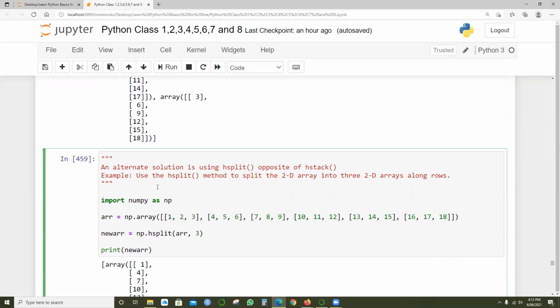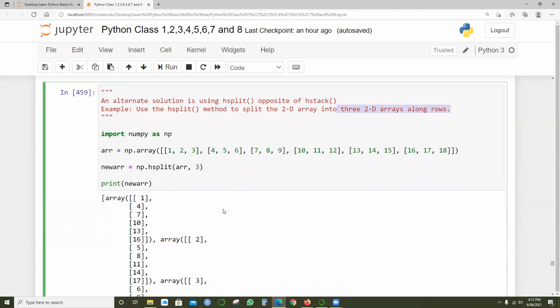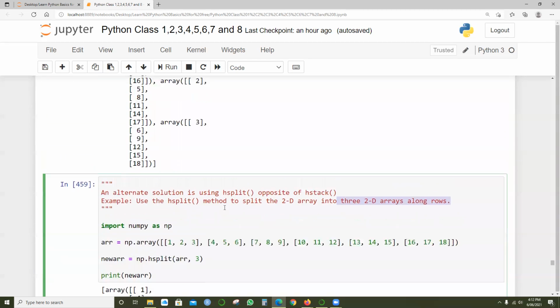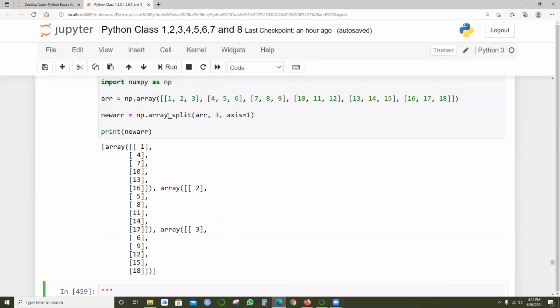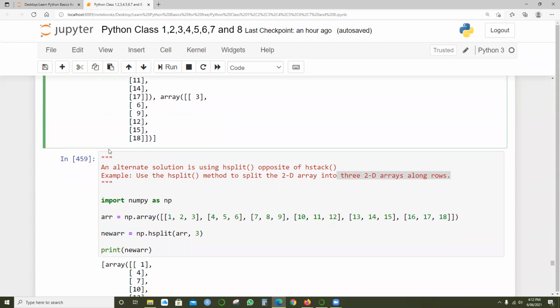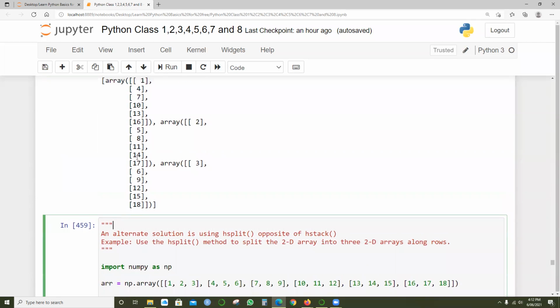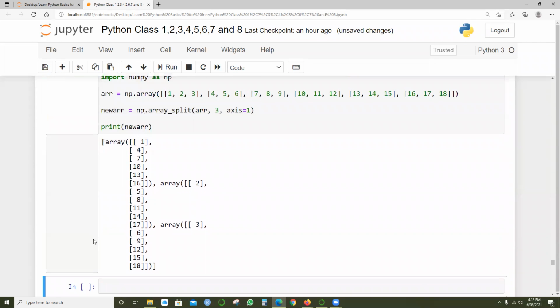Let's see, an alternative solution is using H-split, the opposite of H-stack. So using the H-split method to split a 2D array into three 2D arrays along the rows. The same method, but the only thing which has been changed here is instead of array underscore split, I'll just copy this and add a line over here.